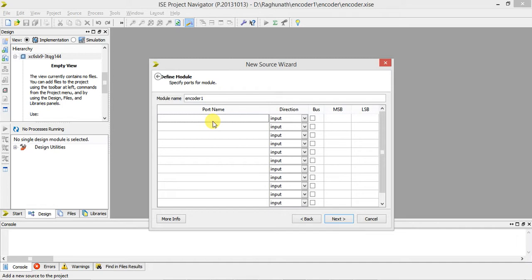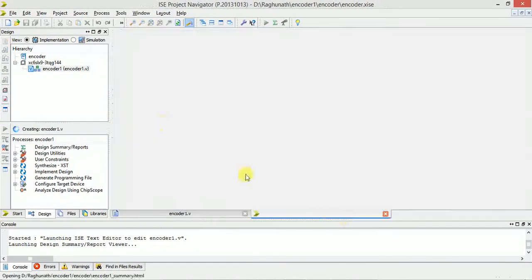I you type here. Input is a bus which is 7 down to 0. Enable is not a bus, so only input. And output is y. Y is a bus. By default it will be input, so select output. Now click on bus, type 2 down to 0. Click next here. Finish it.